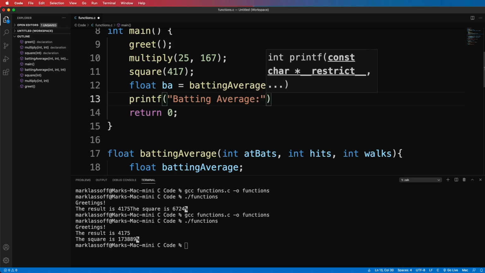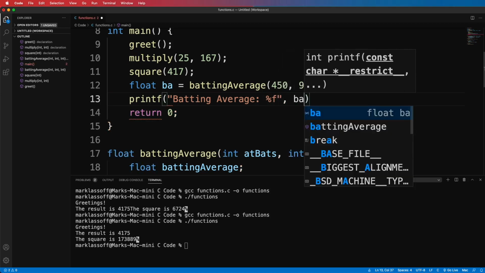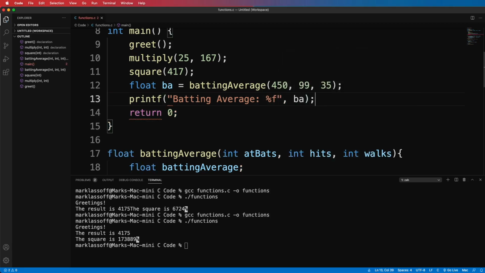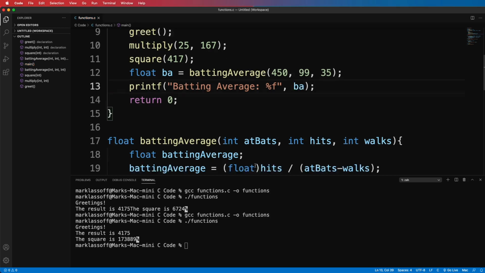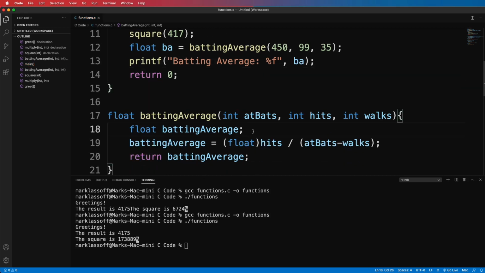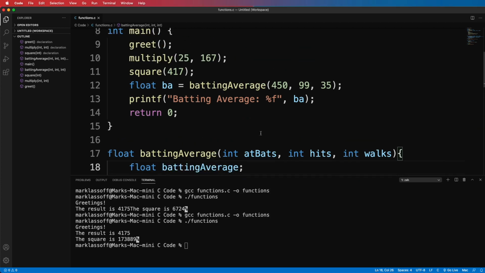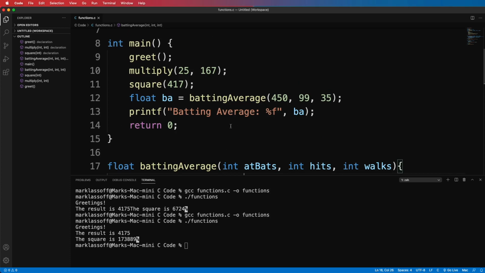The batting average, which is going to be a float, and BA. Now, don't get confused, because these variables are only visible or are only valid within the function within which they're declared. So this batting average variable on line 18 can only be seen within the batting average function. The returned value is then assigned to the variable BA on line 12.